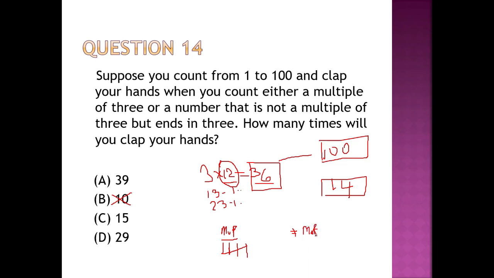I did the same thing. That should be an L, guys, sorry. Not multiples, right? So let's see if we have any number in there that ends with a 3 but is not a multiple. So between 36 and 51, because that's where we are now, we're at 51 now,